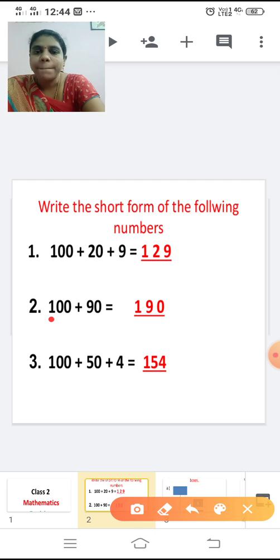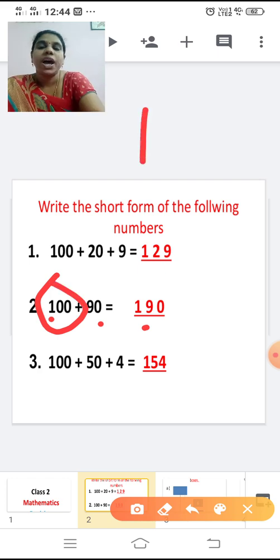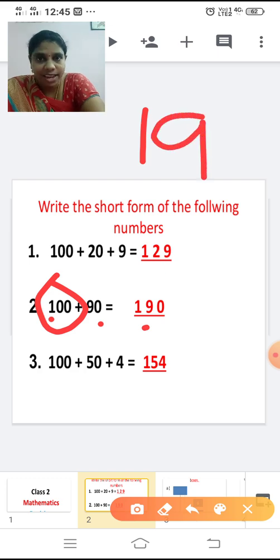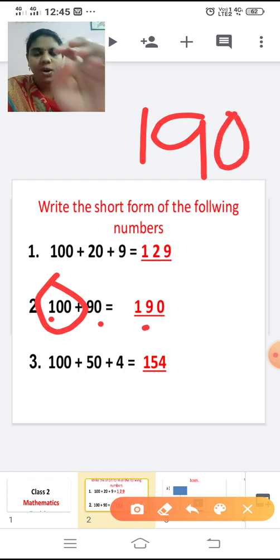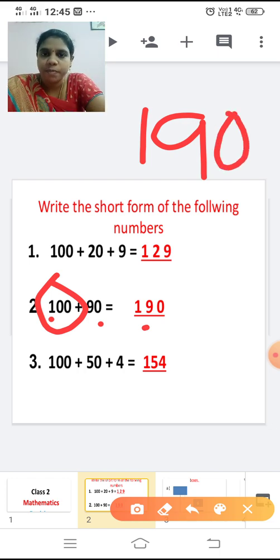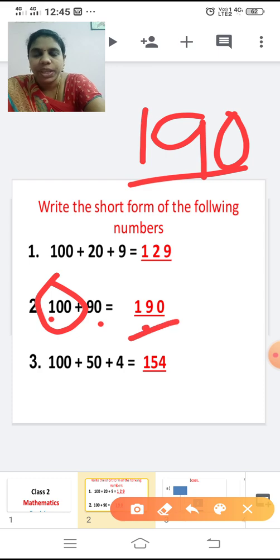100 plus 90. Now we are going to write the short form. Shall we write the short form for this? For 100, the face value is 1. And for 90, the face value is 9. And is there any ones place here? As we don't have any ones place, I'm putting 0 in the ones place. So the short form for 100 plus 90 is 190. Third one,